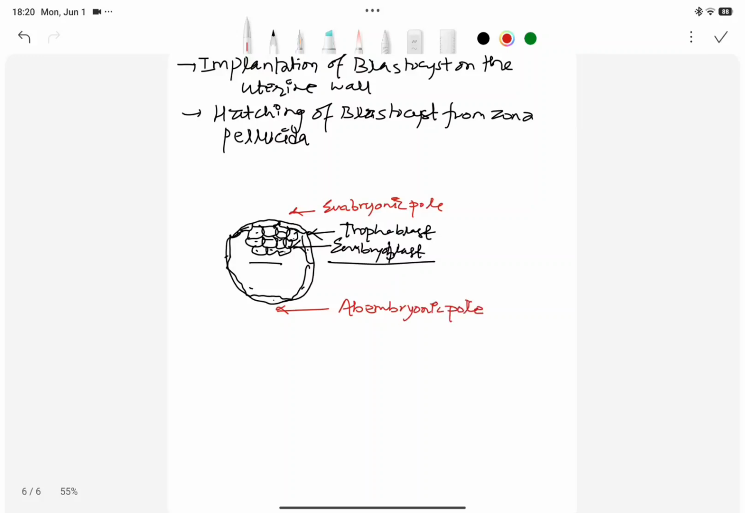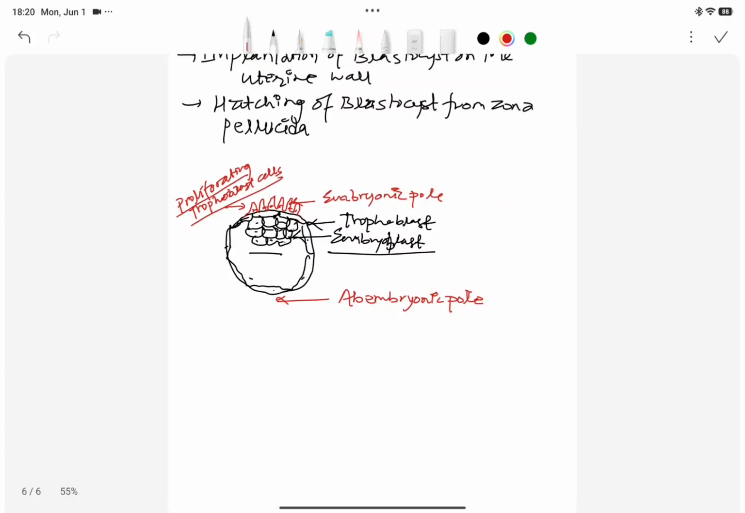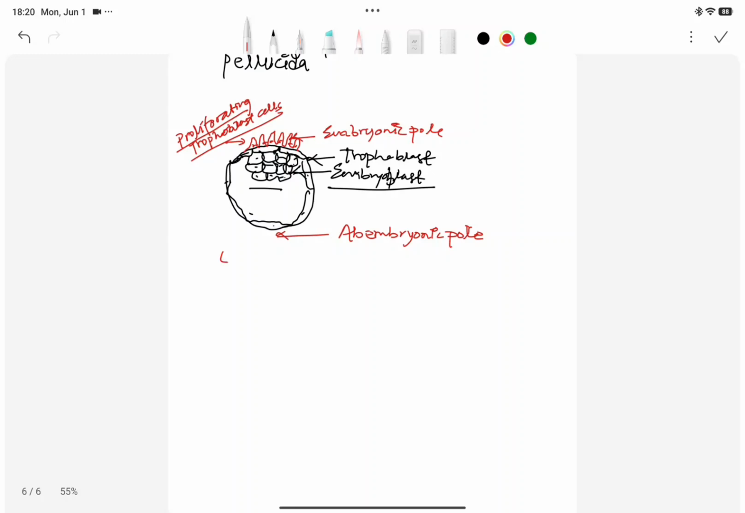The trophoblast towards the embryonic pole proliferates and forms a projected structure like this, and these are known as the proliferating trophoblast cells. So at the 6th day, these proliferating trophoblast cells erode